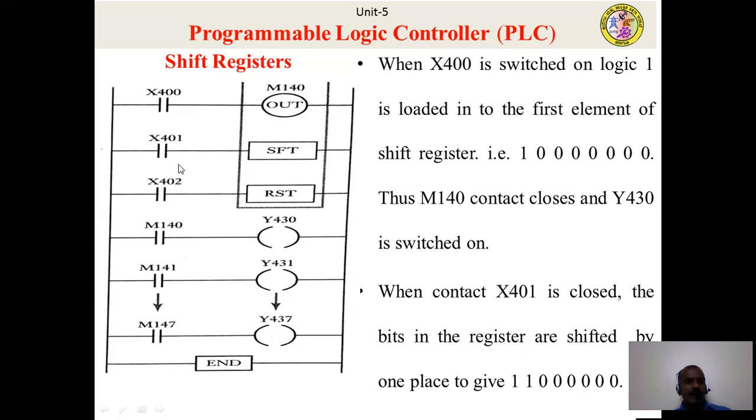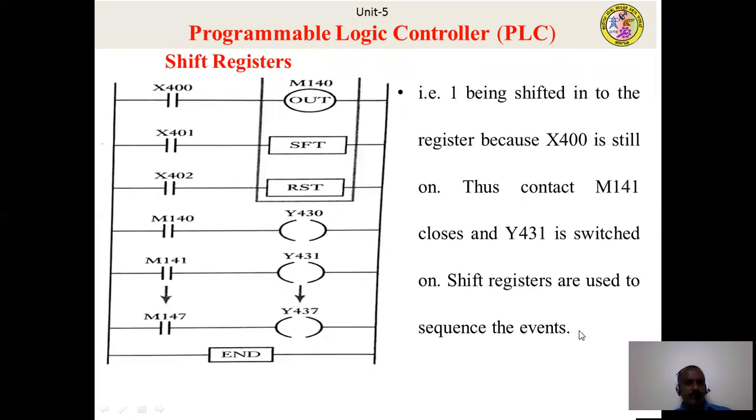When contact X401 is closed, the bits in the register are shifted by one place to give 1, 1, 0, 0, 0, 0, 0 and 0, with 1 being shifted into the register because X400 is still on.